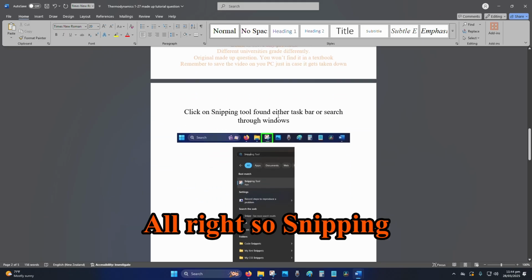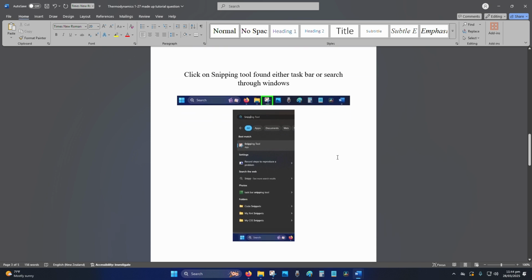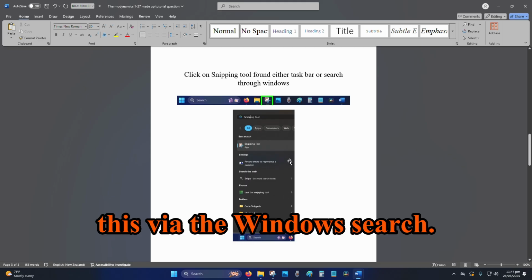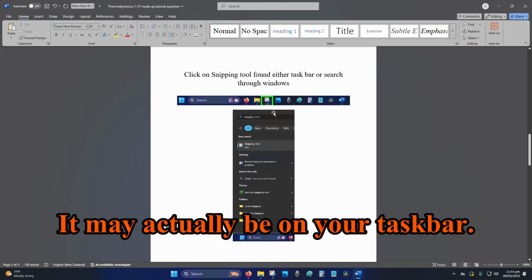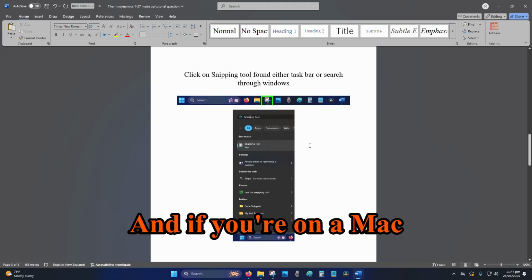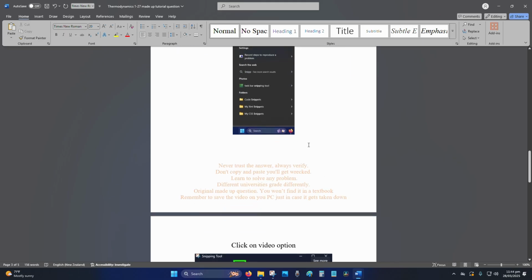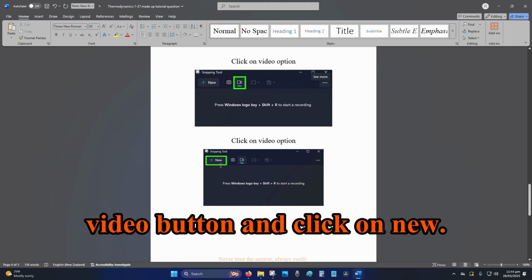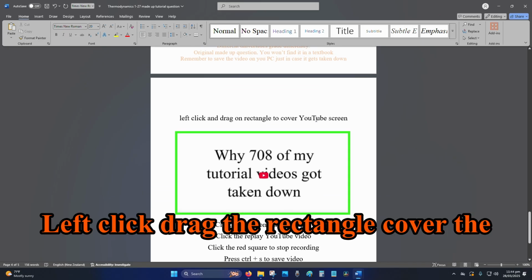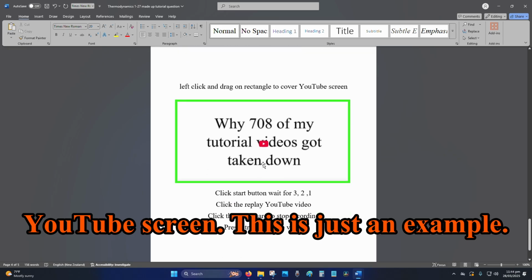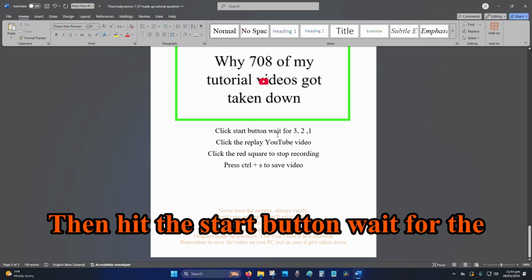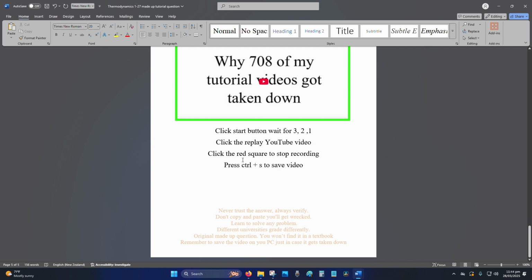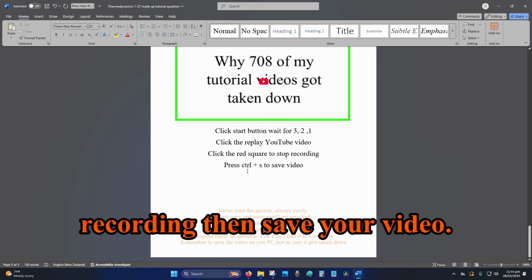Alright, so the Snipping Tool, I'm sure you're all familiar. If not, then you can get this via the Windows search. It may actually be on your taskbar. And if you're on a Mac, use the Mac equivalent. So next, click on the video button, then click on new. Left click, drag the rectangle, cover the YouTube screen. This is just an example. Then hit the start button, wait for the countdown, hit the replay button, wait for the video to finish, hit the red square to stop recording, then save your video,